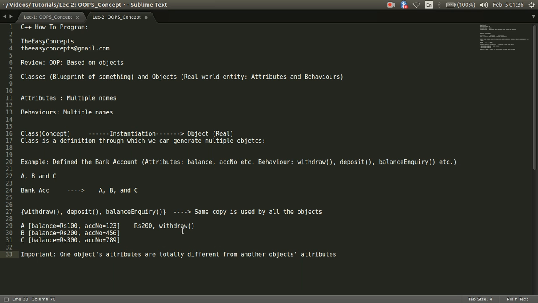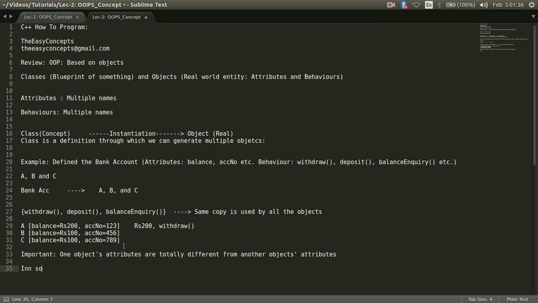Although these could have similar values, we are not restricting them to have totally different values, but the thing is that these attributes could have different values as well, meaning that they are not going to affect one another. Like if I make it 200, it will not change the other to 200 as well. So these two things are very different.